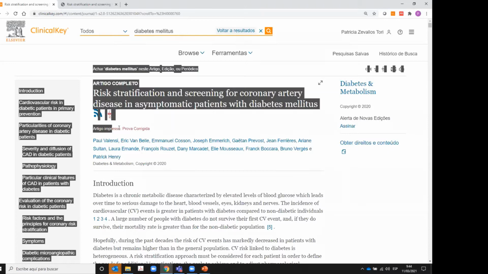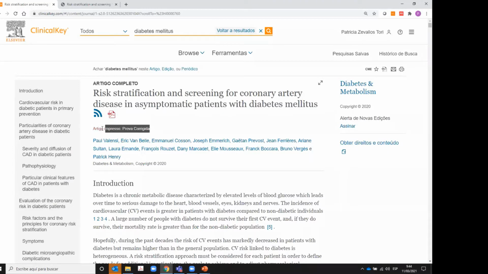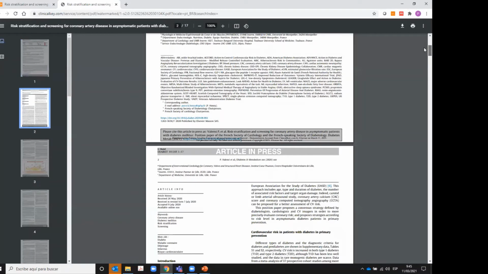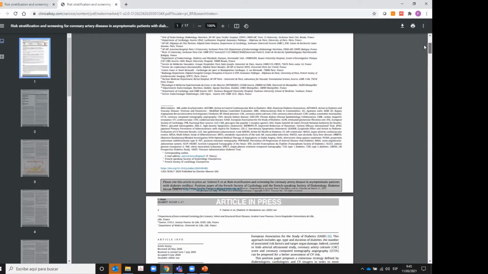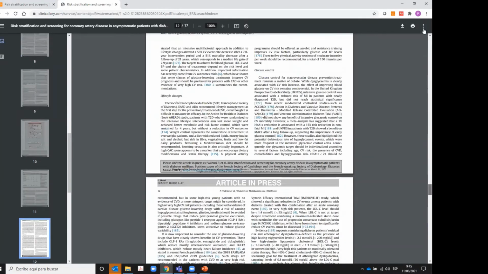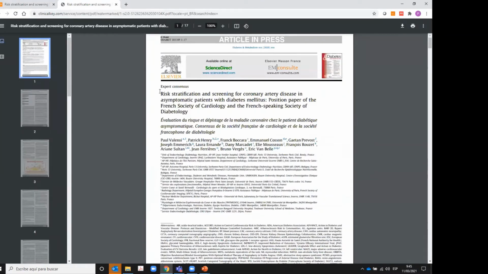For example, this is an article that is not yet published in ClinicalKey, so it is an article in press, and we don't have an exact date when it will be printed, but we can access this complete text from ClinicalKey, and we can download it on our mobile or